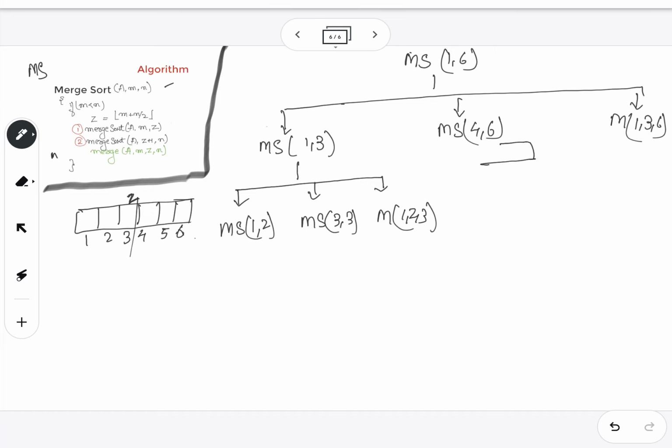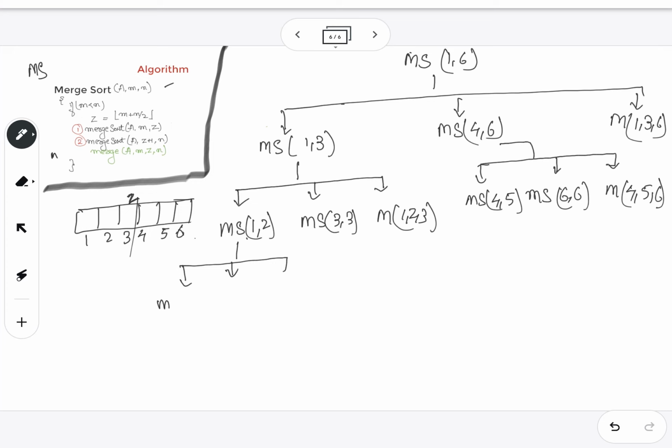Okay. Then similarly this has been called down, and this also breaks down into 3 defined parts: merge sort of 4 and 5, merge sort of 6 and 6, and then merge of 4, 5, 6. Then we break down again, 1 is less than or equal to 2, into 3 defined parts: merge sort of 1, 1, merge sort of 2, 2,